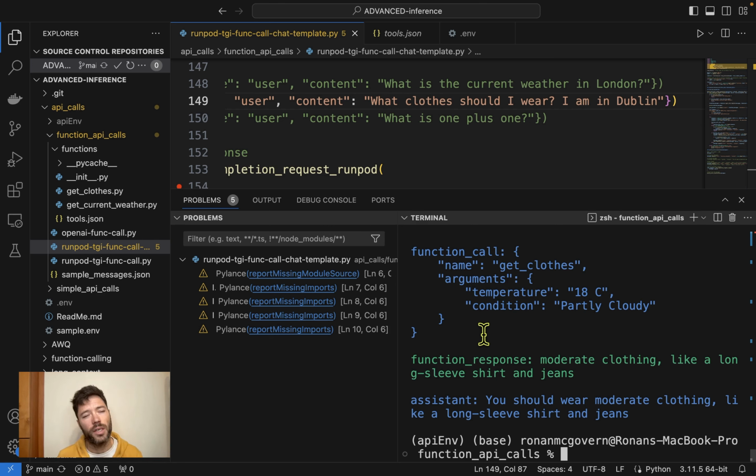Now, something I've seen, and I don't have enough data to say this for sure, but generally I find models that have been trained for coding do particularly well in function calling, which probably makes sense because there's a lot of JSON objects within coding. And what that means is that actually, if you wanted to do function calling with a coding model, it's going to perform well. Whereas if you move more towards a language model, and the Yi model seems to be more language than coding, it's not quite as strong. So even though Yi 34B is larger than OpenChat, I think in some cases it's a little bit worse for